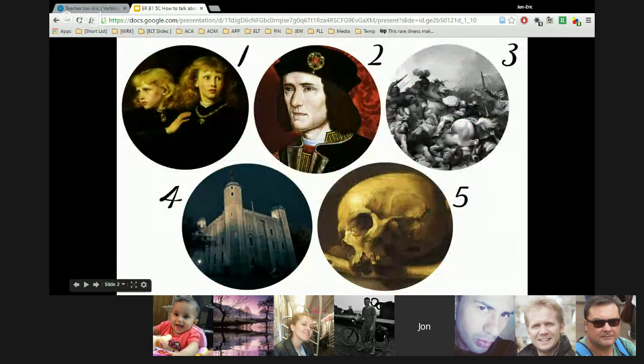Okay, so we're going to look at a story, a historical story, actually. I'm going to first show you a few different pictures, and I want you to make an educated guess based on what you see right now. Look at the pictures and tell me. I'll just tell you the title of the story that you're going to read is Mystery in the Tower. And you can see the tower in number 4. I'm not going to say anything else. What do you think this mystery is going to be about? Just looking at these pictures.